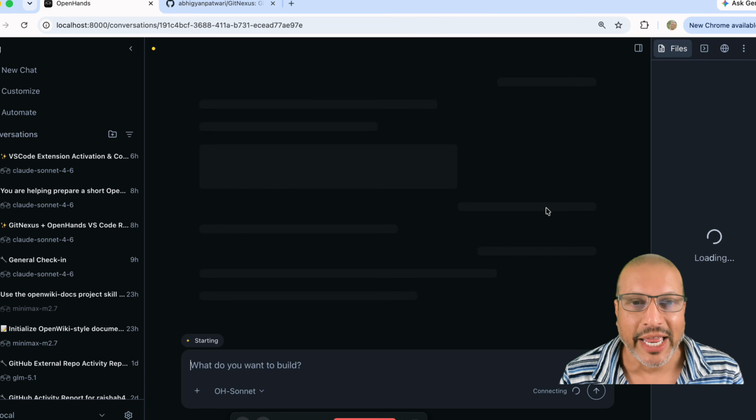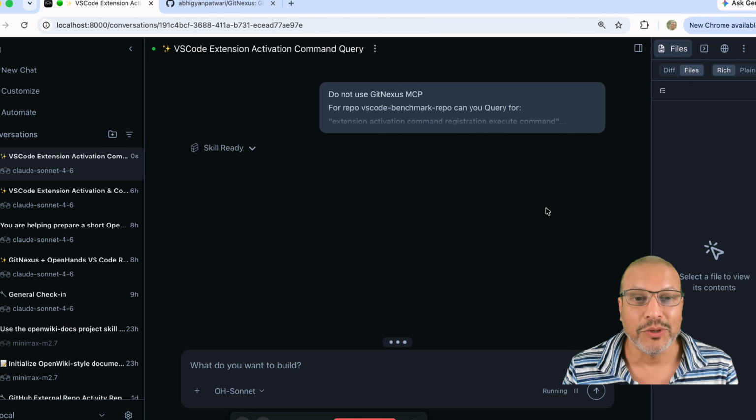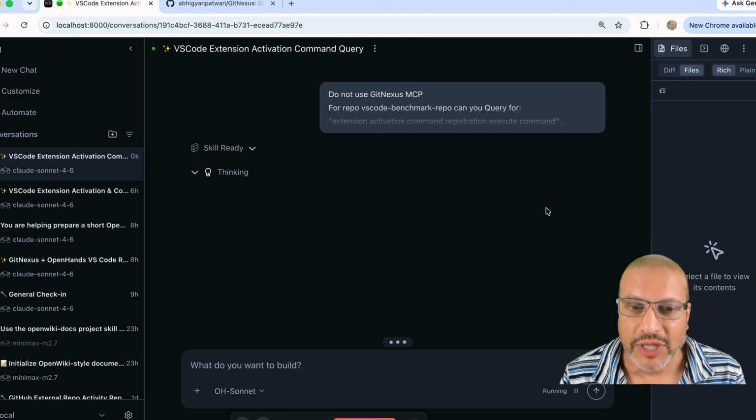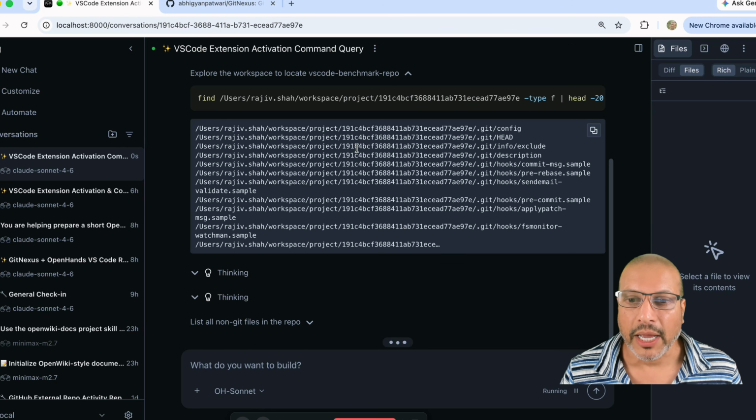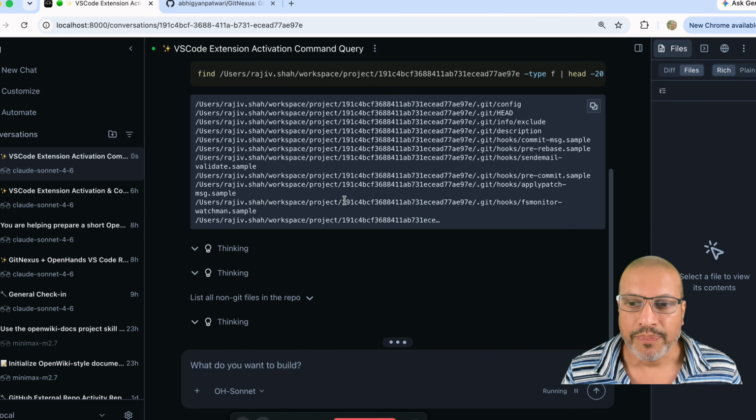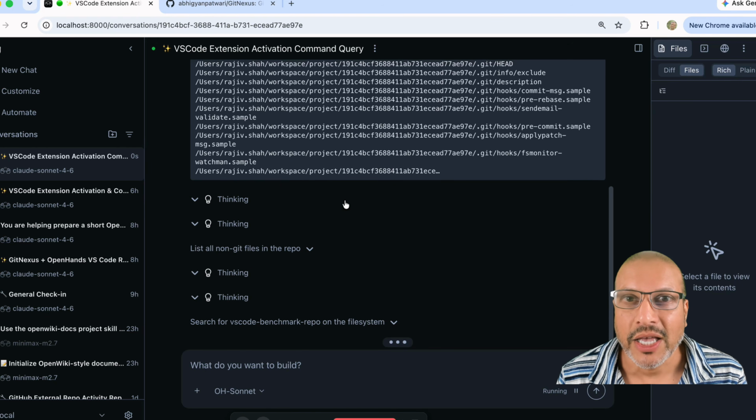Just for background today, I work at OpenHands. I'm using the OpenHands agent canvas, so that's what the UI looks like. So I've given it the query. Let's see what happens. You'll see it's already spending some time thinking. It's looking, finding the repo in my local workspace, and now it's starting to go through the process of looking